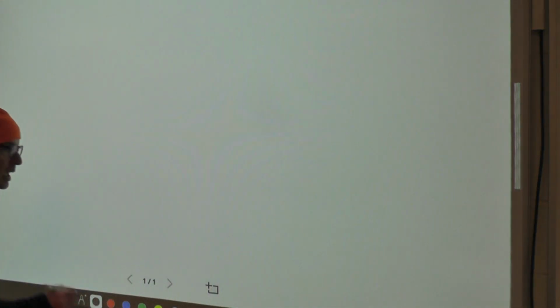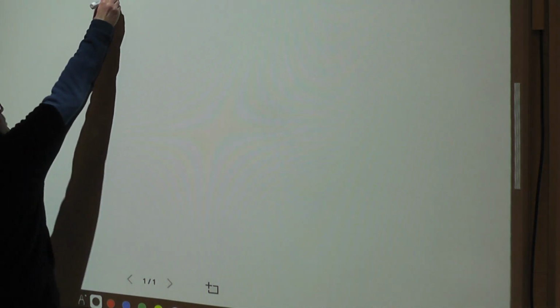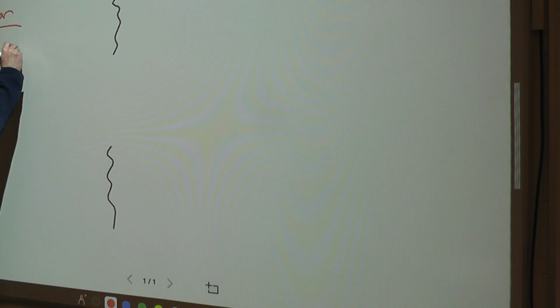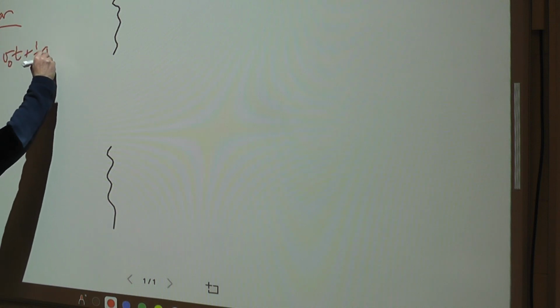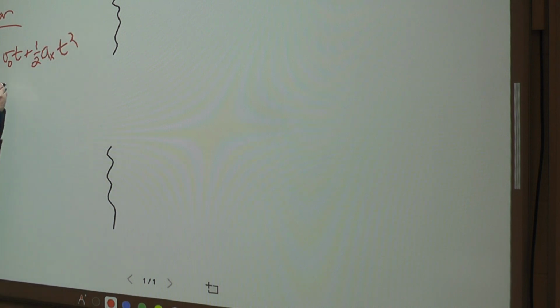Okay, so here's what we have. We have a whole set of equations that work for objects that are moving in a linear fashion. We have our kinematic equations, like object's final position will equal initial position plus initial velocity times time plus 1/2 times the acceleration times time squared. We have the sum of the forces on an object will equal its mass times acceleration. We've got some equations that we can use to think about the motion of an object that's moving linearly. We also